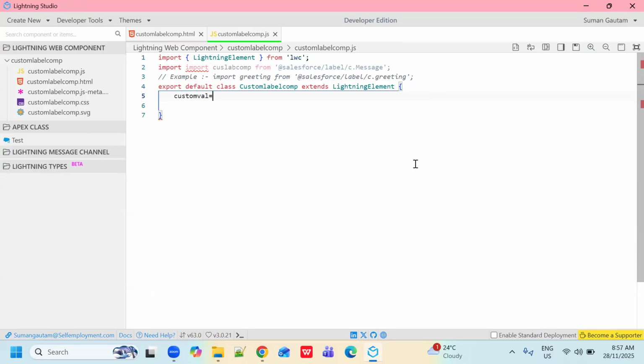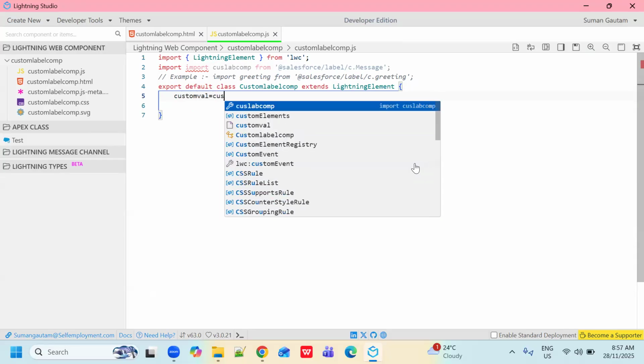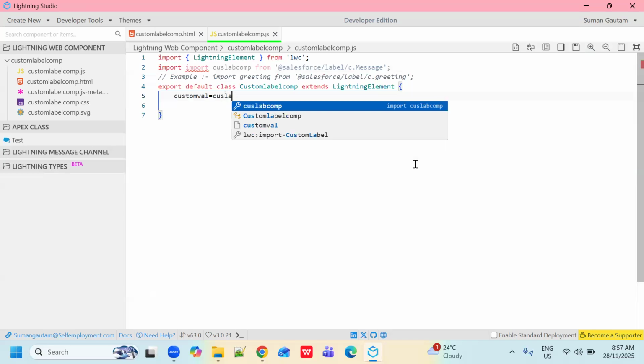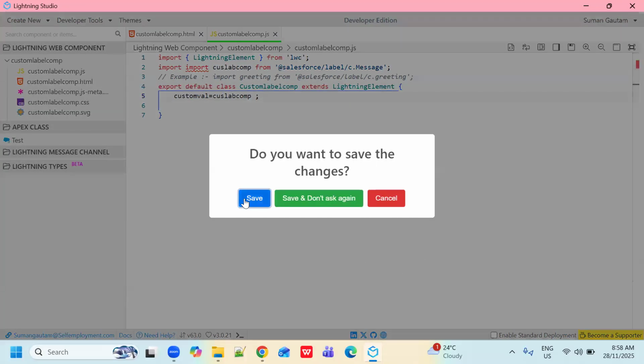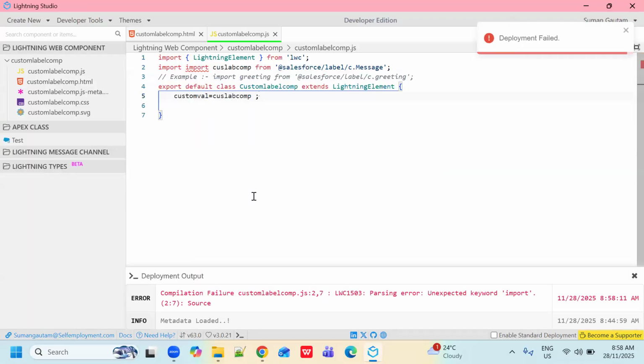In this we are going to store this value. Clear? After doing this, just click on the save button. You can press Ctrl+S to save this.